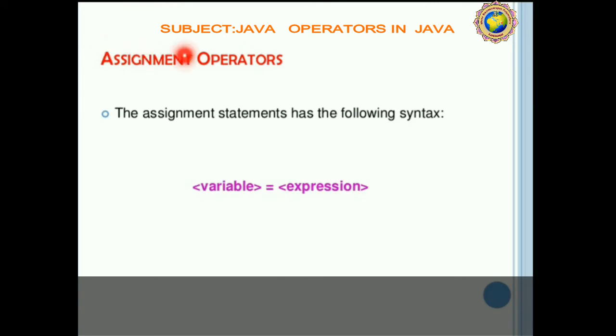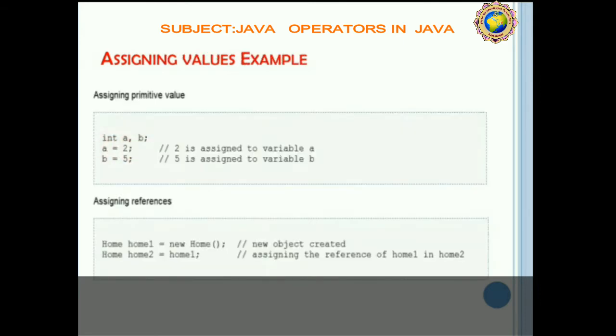So first, assignment operator. Assignment, as the name suggests, is to assign a value, that is, variable = expression. So a = 2 and b = 5. Assigning the primitive value is called an assignment operator. Now for a reference, whenever we assign a value like this, home1 = new Home().